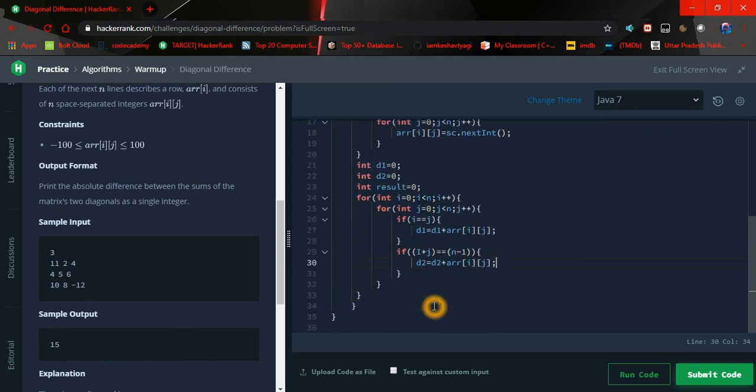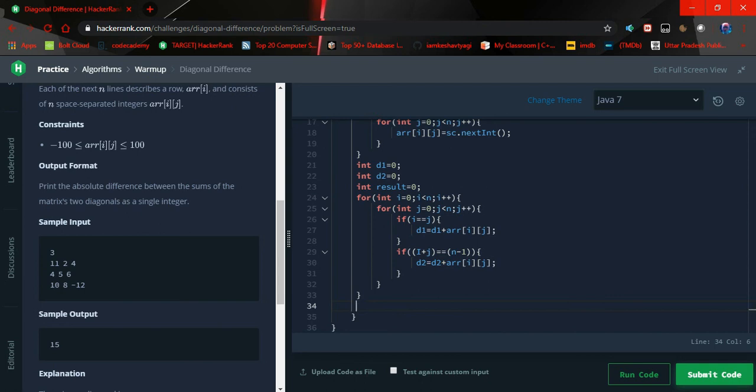So now we have d1 and d2, which are the sum of the left to right diagonal and the sum of the right to left diagonal. Okay, I have done something wrong here, wait a minute, I have to check the braces one more time. Okay, so it's all good, no trouble.